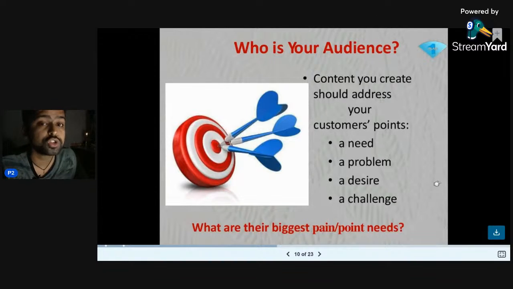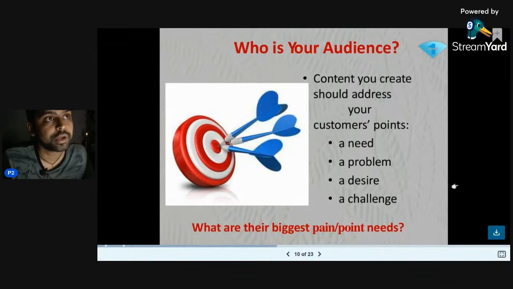And you need to solve that problem using your content, and that's how your content marketing game becomes smarter, stronger, and much more efficient in the long run. Because eventually you need to solve someone's problem, and to solve a problem you need to understand the question first. And that's how you come to understand exactly how you need to create your content. Just understand these four things and it will help you create content.